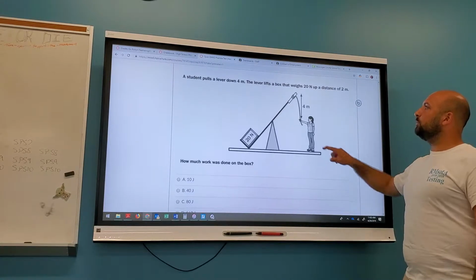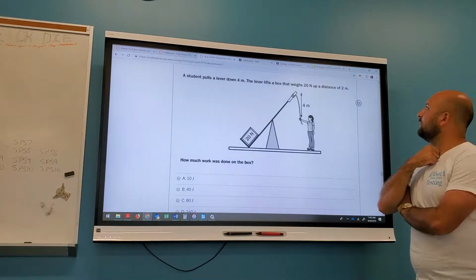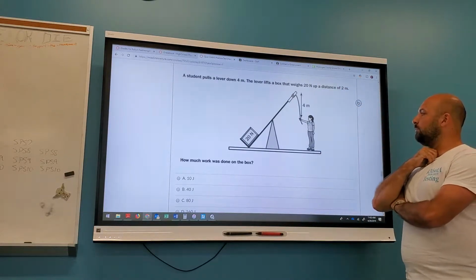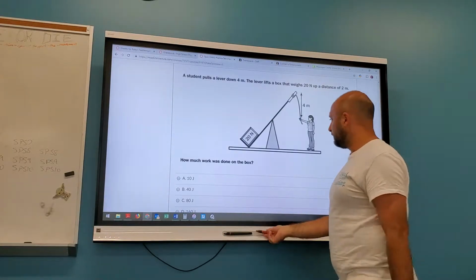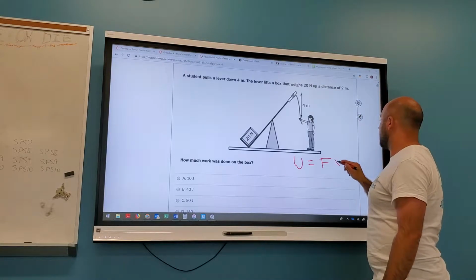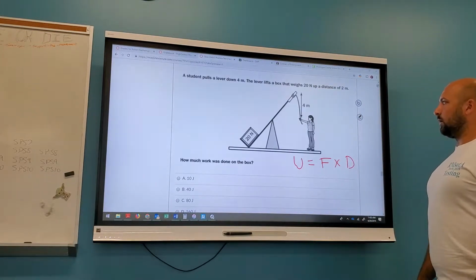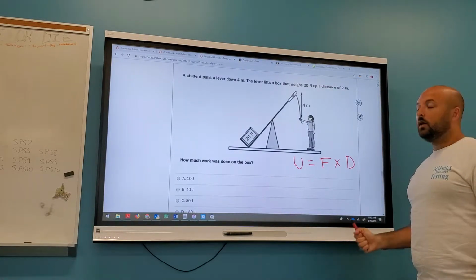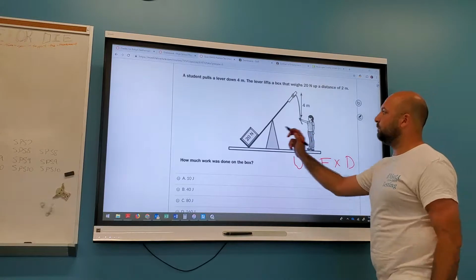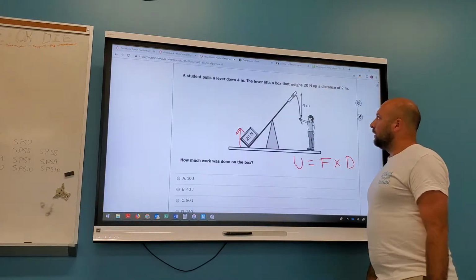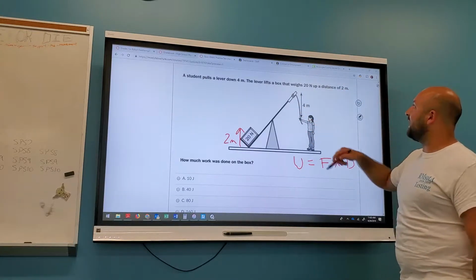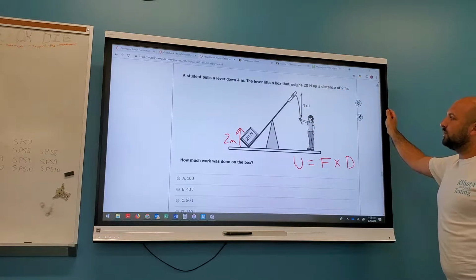Okay, so a student pulls a lever down 4 meters. The lever lifts a box that weighs 20 newtons up a distance of 2 meters. How much work was done on the box? Okay, so work equals force times distance. So how much force did I apply, and how much distance did it move? Now here's the deal. What are we trying to do? We're trying to lift this box up, right? So the question becomes this. It lifts the box up 2 meters, but she pulls down 4 meters. So the question becomes here,